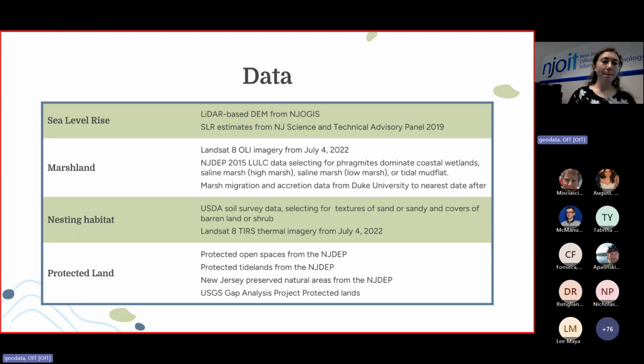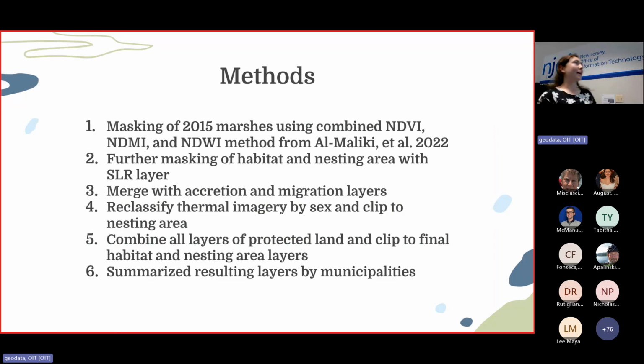land in the future. So I looked at land use land cover data from 2015. 2020 land use land cover data just came out. I just missed it when I did the research, but I used that. Remotely sensed imagery from Landsat 8 for July 4th, 2022, as well as a digital elevation model. So I used thresholds to create sea level rise layers. And I also used protected land from a variety of sources like open spaces from the NJDEP and the US Gap Analysis Project. And I essentially masked current marshes from land use land cover data with both sea level rise